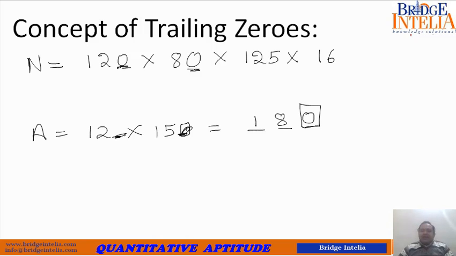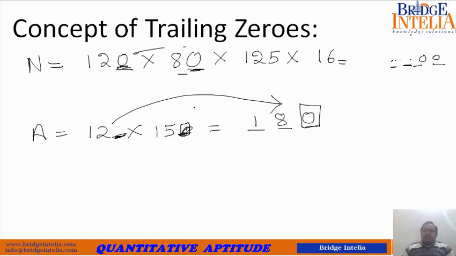So just by looking at the product, you cannot say how many zeros are going to get created. Yes, definitely 2 zeros will be there at the end, but it doesn't mean that there can't be more zeros. In this case, you saw that there was no 0 at the end of any of the numbers, still 1 zero can be seen in the product. So these kinds of questions. Now, what is the concept of trailing zeros?